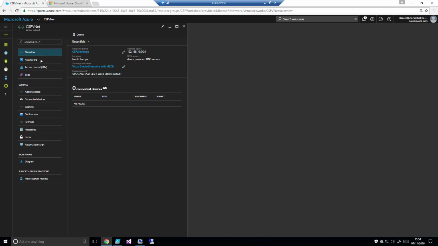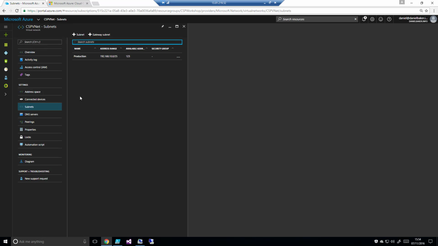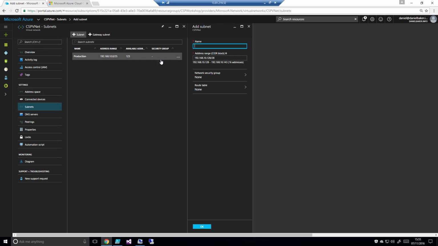From here, I've got my activity log, I've got my access control and my tags, I've got my address space, my connected devices, I've also got subnets. So what I'm going to do is come down into my subnet and go ahead and create some more. From here, if I wanted to create a new subnet for development, I could come across and hit subnet. From here, I give it a name of